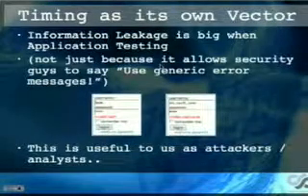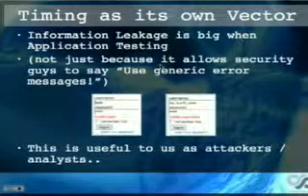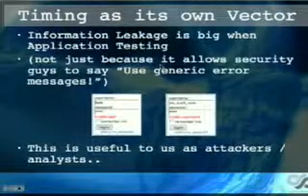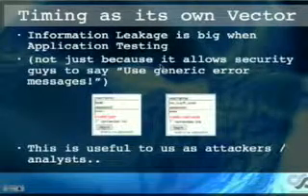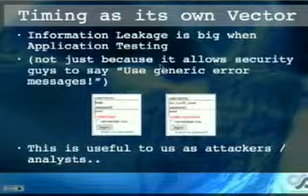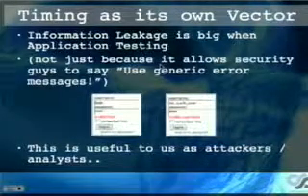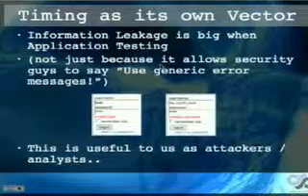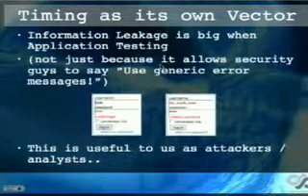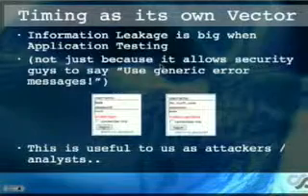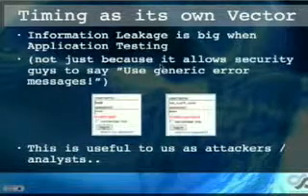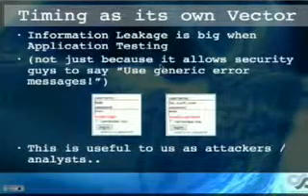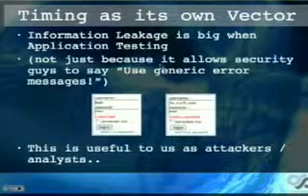Okay. What we're going to go on to next is to start to look at timing with the web for slightly different things. When you're doing application testing, one of the things that comes across pretty strongly is that information leakage is a pretty big problem. One of the reasons analysts like it is because it's almost something you can throw into your report by default, something that says you should be using generic error messages. But typically it actually is a useful recommendation. So up there you'll find one of the popular news aggregator sites, and you'll notice it differentiates and tells us